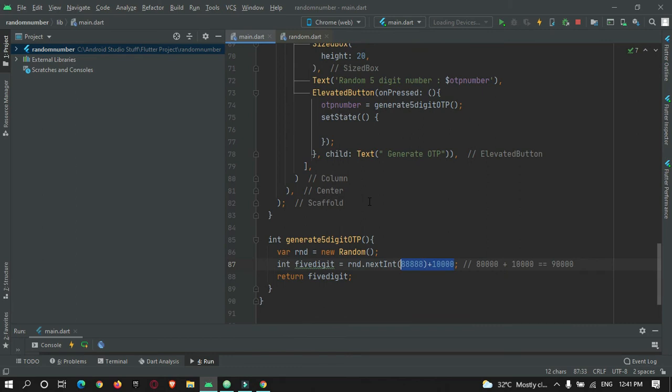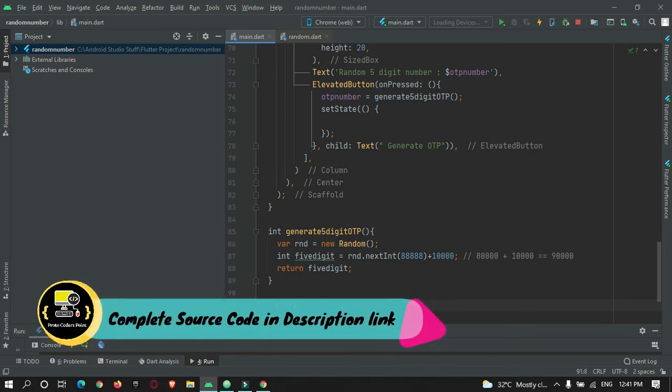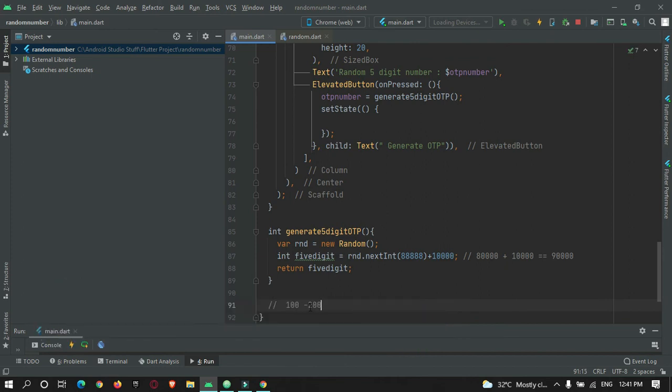Now suppose you want to generate a number in a range, like from 100 to 200. Every time the random number generated should be in between these numbers. It should not be below 100. It should not be above 200. In that case, you can just use this.